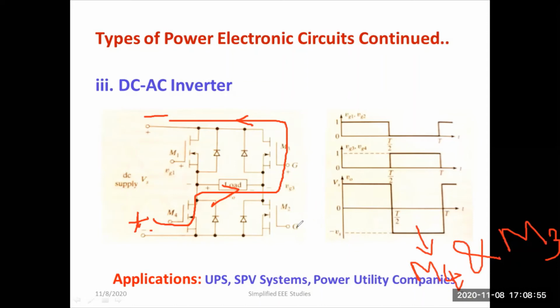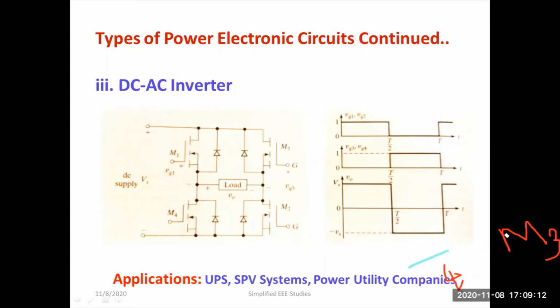So you have to provide the suitable amount of gating pulse. This is known as the simple single phase inverter. This is the way you convert DC supply to AC supply, so you can satisfy the load requirement. It is also called a DC-AC converter, or in short a DC-AC inverter, or simply a simple inverter.